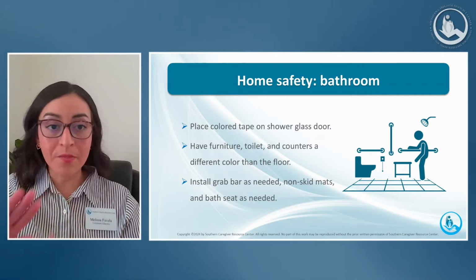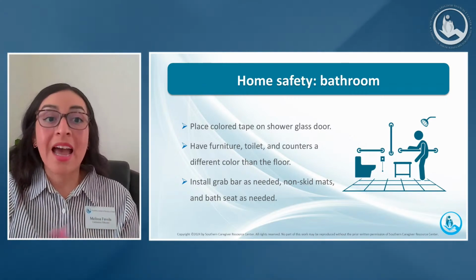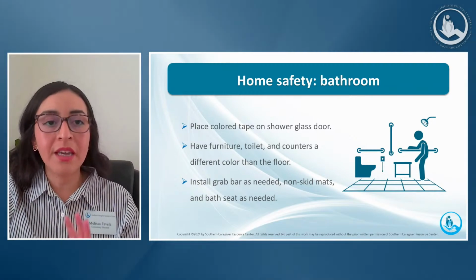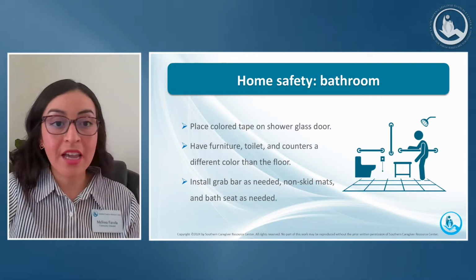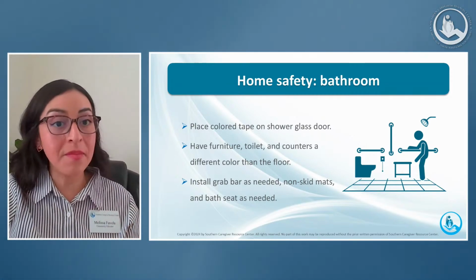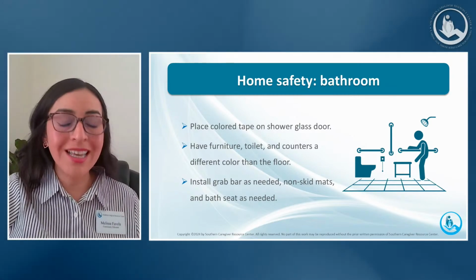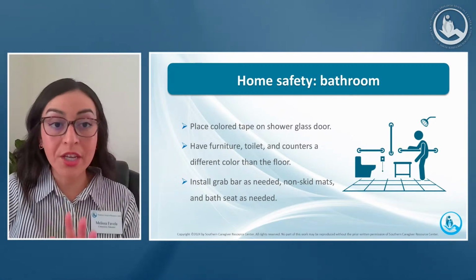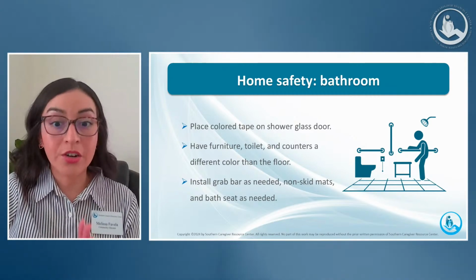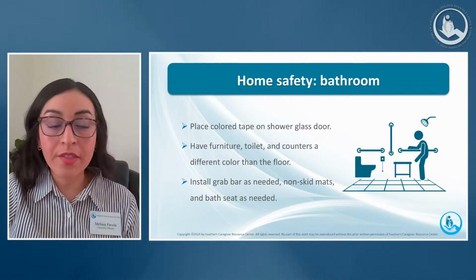This can also help with the depth perception. And of course, installing grab bars as needed. The grab bars need to be placed, I would say, by a professional or at least someone that knows how to fasten them, because you can have the handlebars, but if they're not properly installed, that can be a risk factor. So making sure that the installation of the grab bars is done correctly,